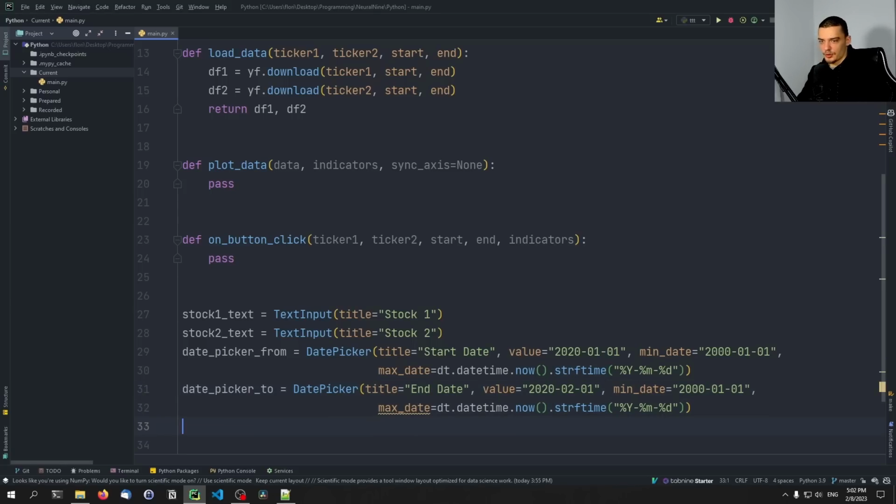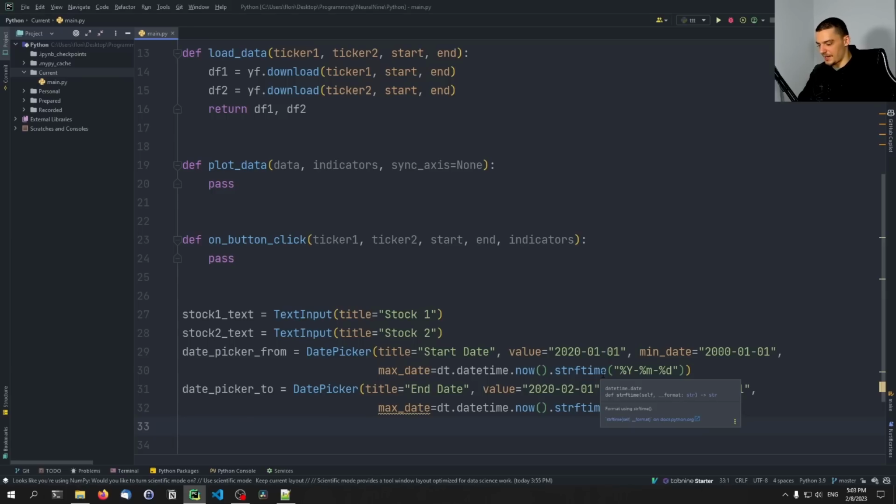So that's that, and we're going to also say then that we want to have an indicator choice. So instead of just plotting the stock price, we want to also plot some indicators. Now, you can choose whatever you want to implement here. Maybe you want to do some fancy technical analysis stuff. I'm just going to show the 30-day moving average, the 100-day moving average, simple moving average, by the way, and also a linear regression line. Now, you can implement also some more fancy stuff. I do have some technical analysis tutorials on my channel as well, but we're going to stick with the simple